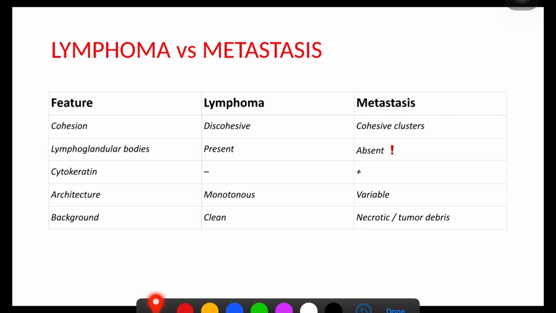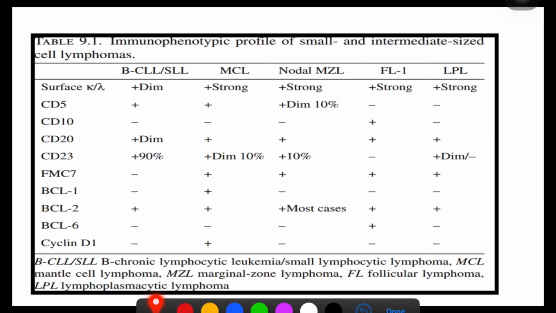Cytokeratin, if positive, it is suggestive of metastasis. Architectural variability is there, and background is necrotic and having tumor diathesis in lymph node. So this is the immunophenotypic table in which you can identify small and intermediate size cell lymphoma, and you can differentiate it with the help of